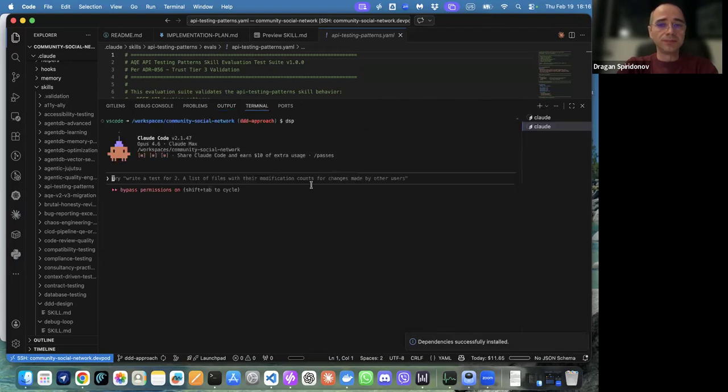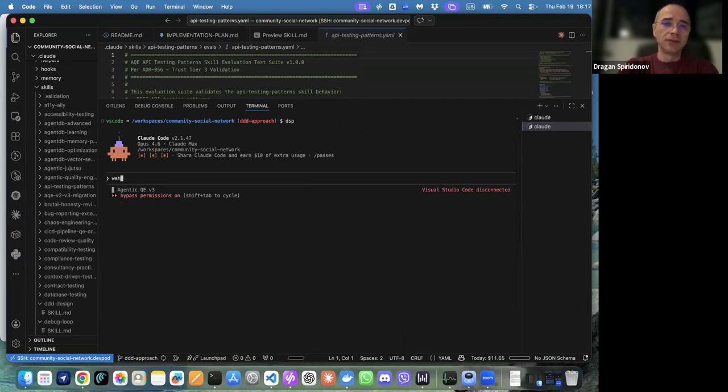Show me the path where the Agentic QE fleet npm package is installed.